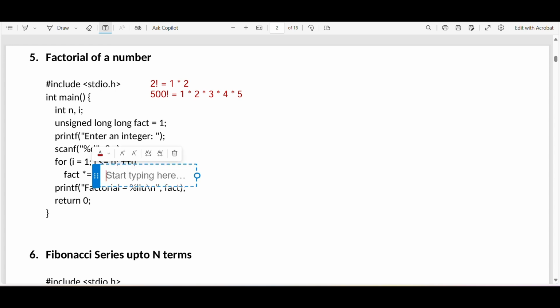This is nothing but fact equals to fact into I. Like this. See, here we are having I equals to 1, right? So fact equals to 1 into 1. Then fact will become 1 itself, and next the value of I will be incremented and will be going to